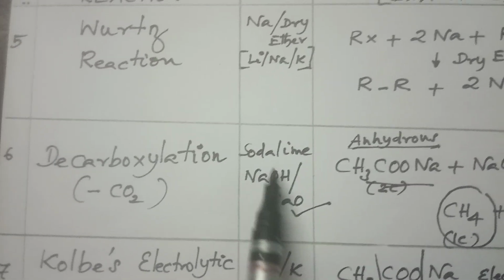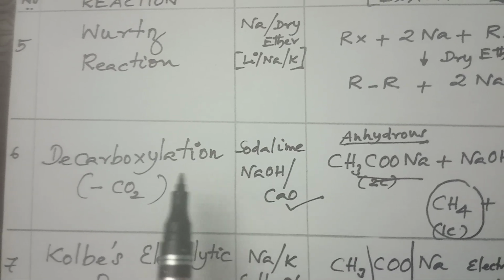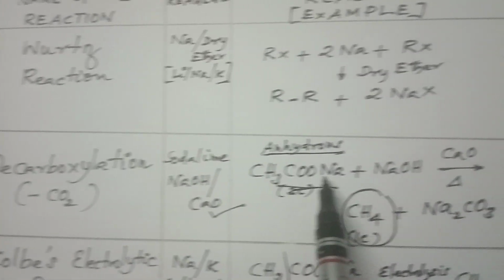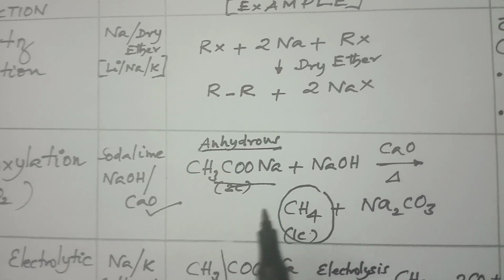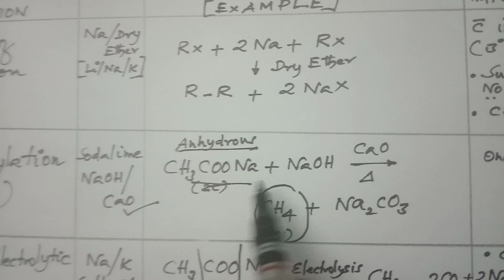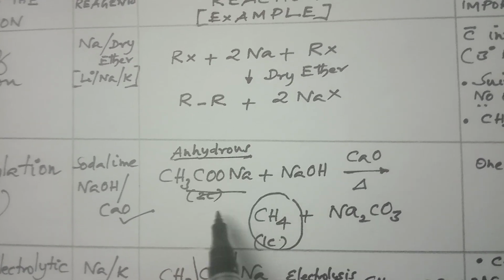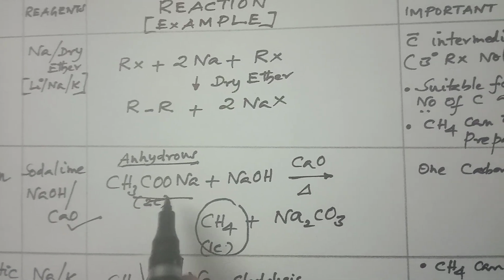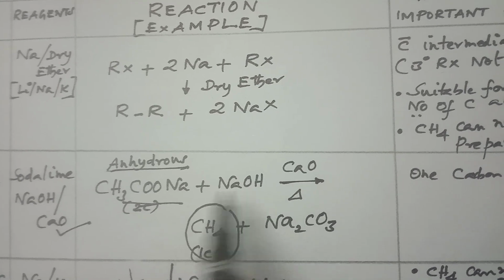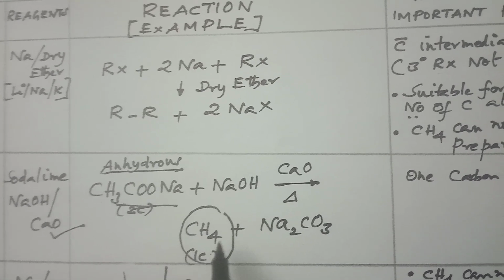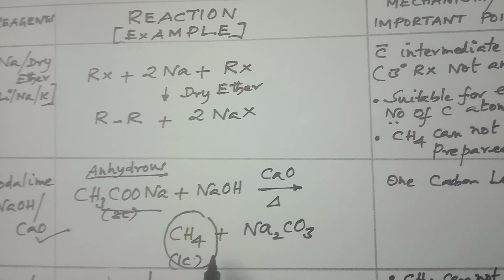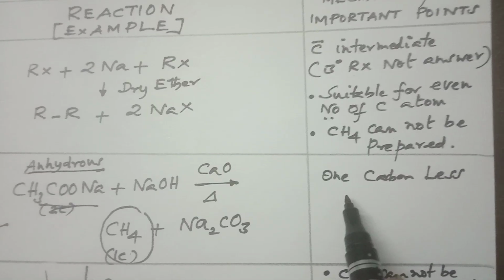Now coming to the next one, soda lime. What is soda lime? You know soda lime means decarboxylation. Decarboxylation means you have to remove carbon dioxide, so it should be the sodium salt of the acid. These are known things, of course. Here, the point I want to insist on is sodium acetate under anhydrous condition. It contains 2 carbons, followed by soda lime, that is 2 minus 1. One carbon is removed as carbon dioxide, so the hydrocarbon has only 1 carbon, that is methane. Like that you have to find out: acid minus 1 carbon is the product. That is the point he has written, 1 carbon less.